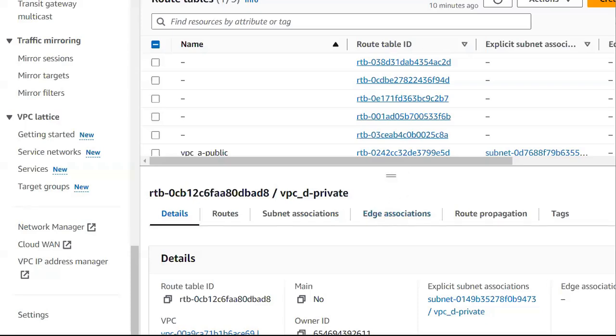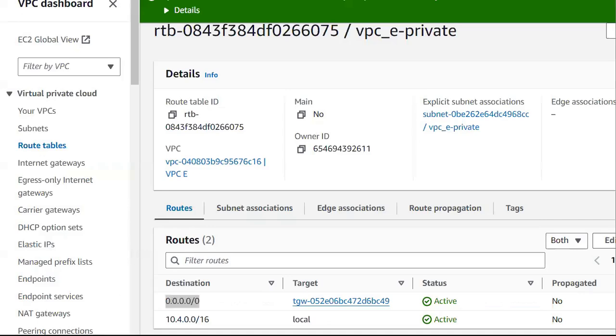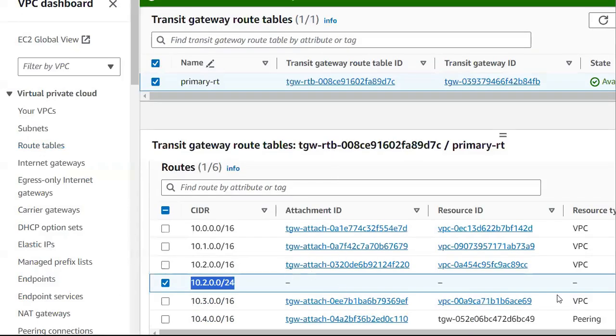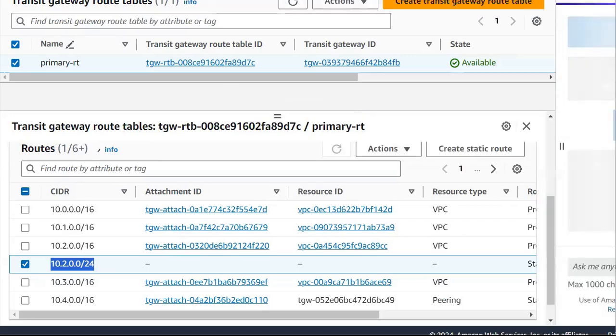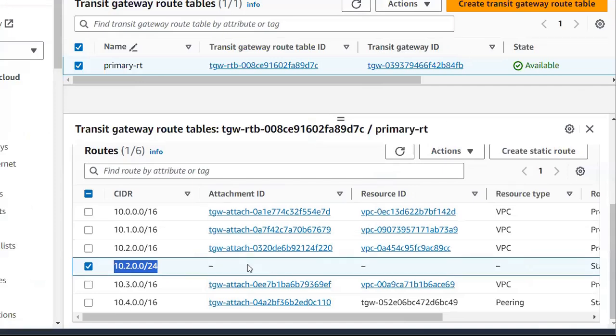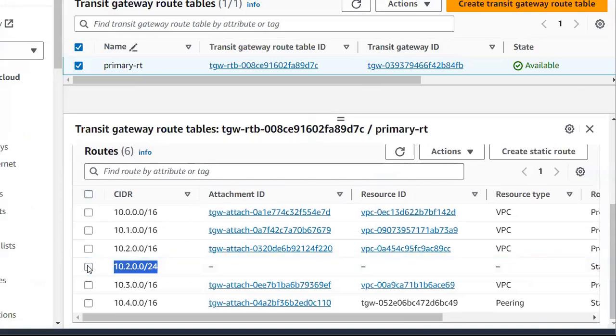By just providing that route here, we're routing the traffic to a black hole. In this way, you can restrict the traffic as well. Now let's say I want to block the traffic that is coming from VPC B and VPC D as well. It's simple, in a similar way, you can do that,